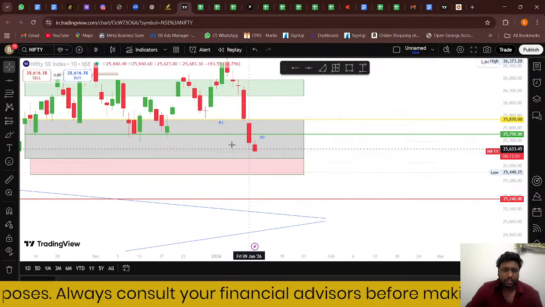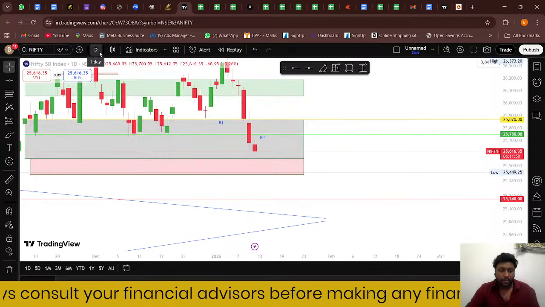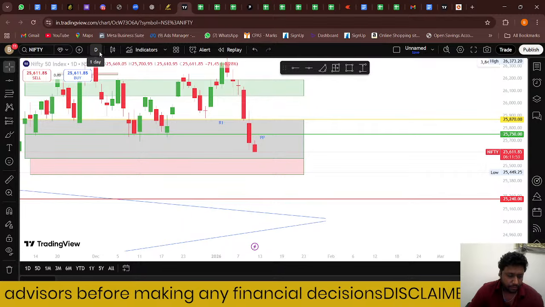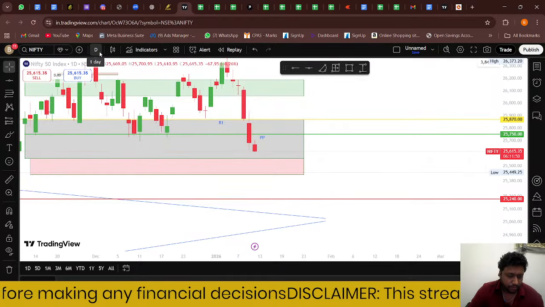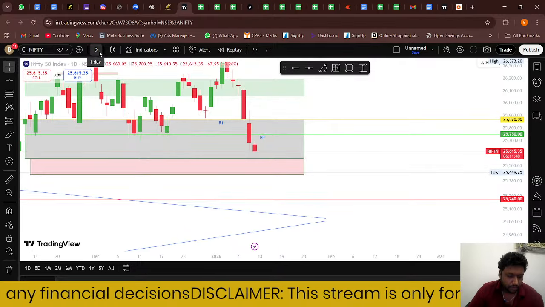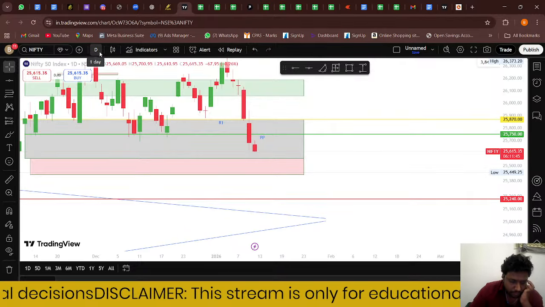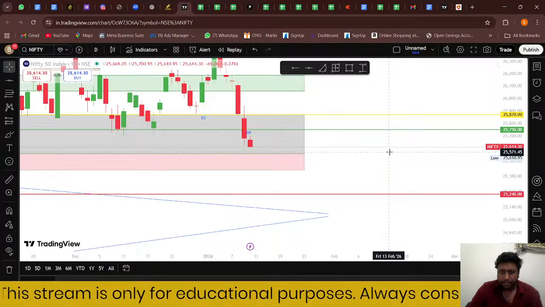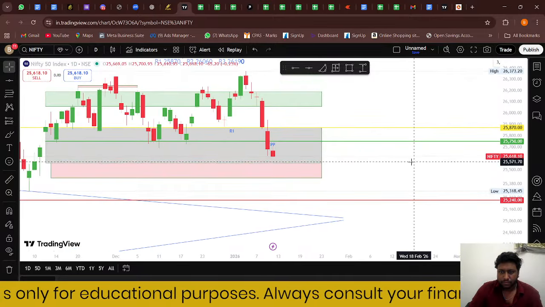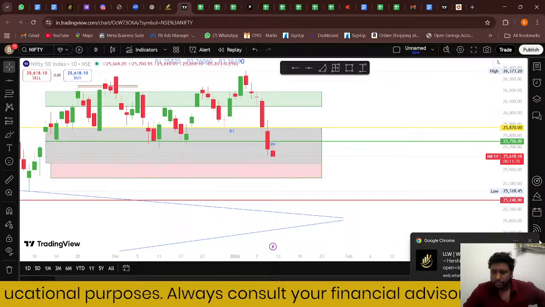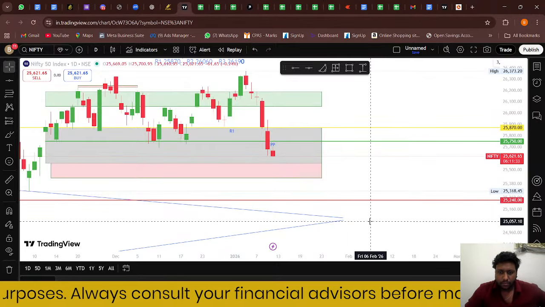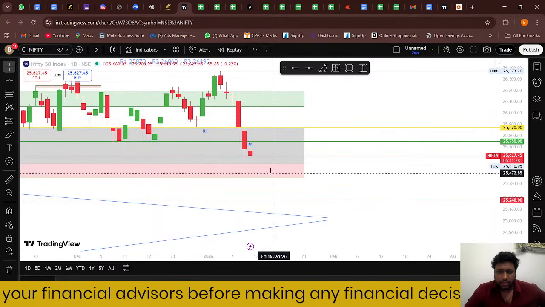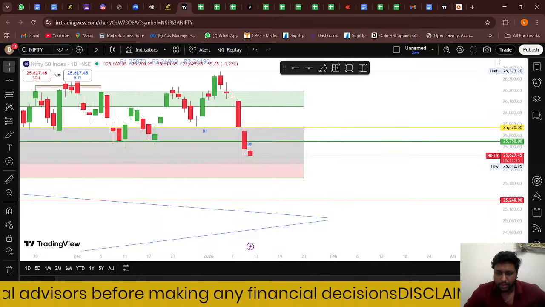We will wait for that first initial settlement to happen, or else we can wait for the first 15 minute candle to change. Wait from this level, or else we can wait for this retest to happen at this level.